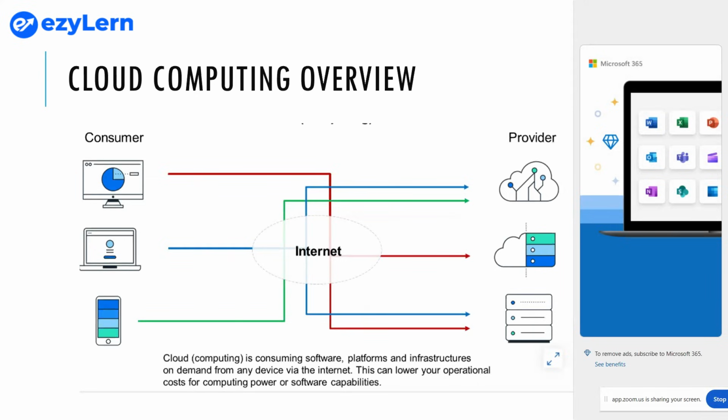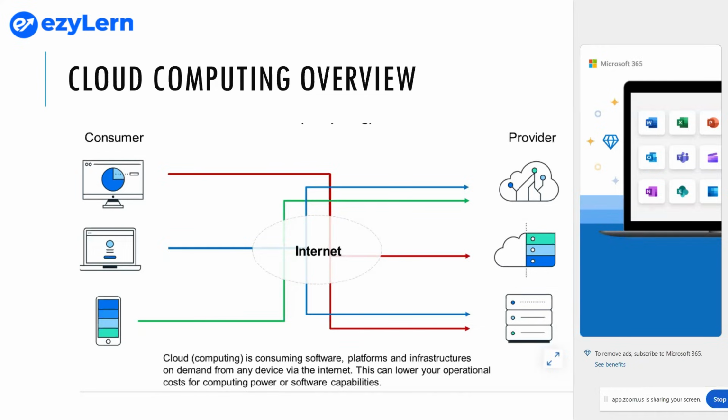Anything that you are having, like the services, databases, networking, analytics, and everything that you have over the internet, it is all your cloud computing on demand.